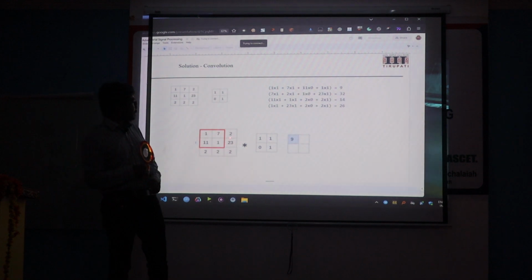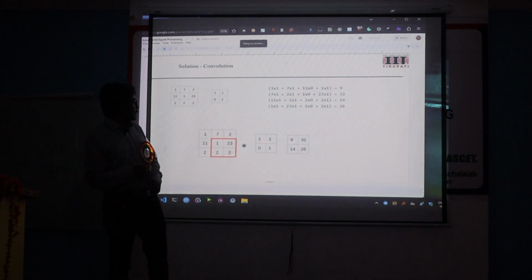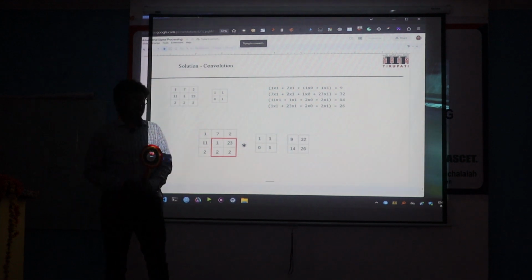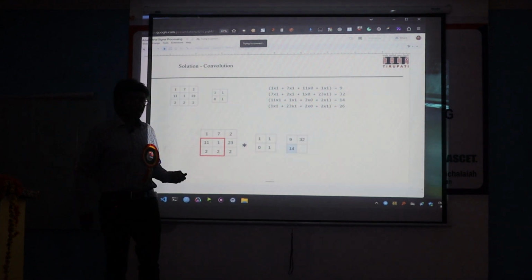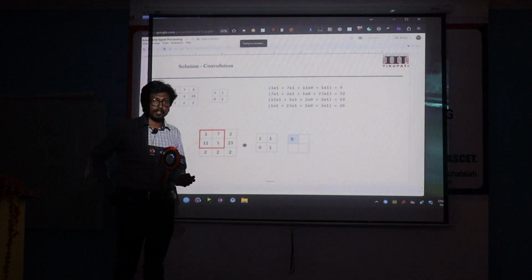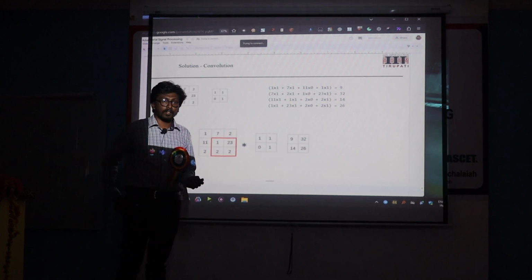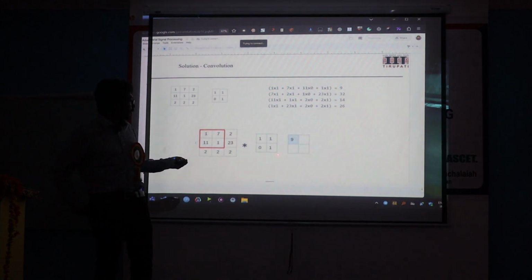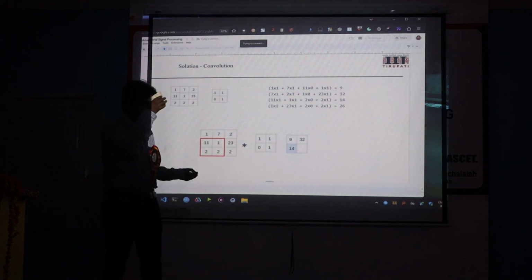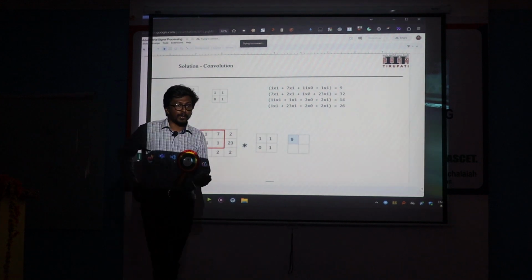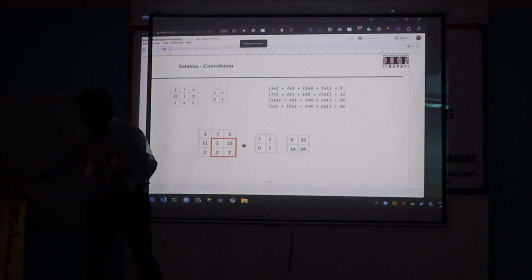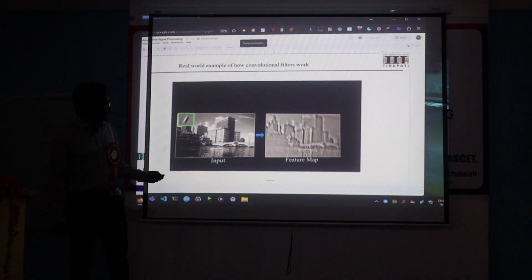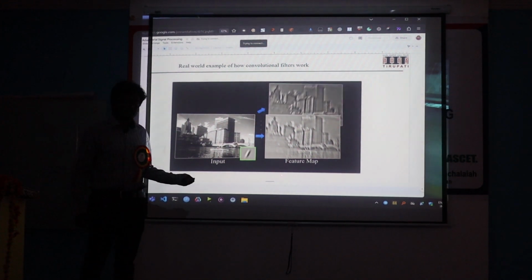Now in these two places, where do you think the algorithm is failing? Where is the issue? Can anyone guess? Anyone give a solution? Where am I failing? What is the most important thing? Kernel. Exactly. If you don't choose a proper kernel like this, you will not get proper features like this.